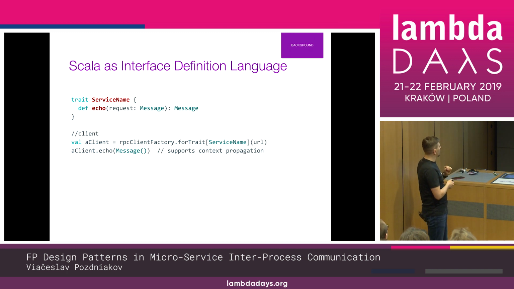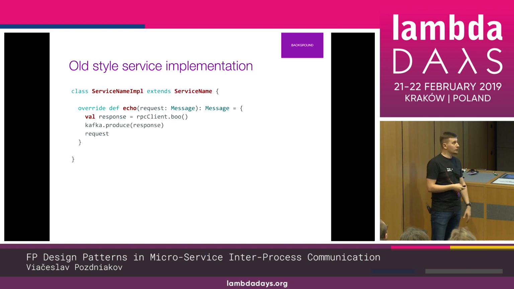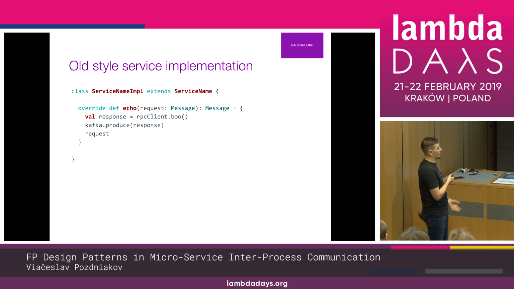So that's what you do if you want to call a service. And if you want to expose a service, then you just implement this trait. For example, you can perform an RPC call, or for example, produce a Kafka message. So we had very synchronous code. Actually, a lot of developers were quite happy about this because it's easy to understand, easy to debug. There is no magic, no asynchronicity, everything is just cool. But the problem is that